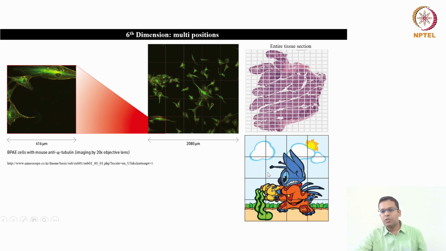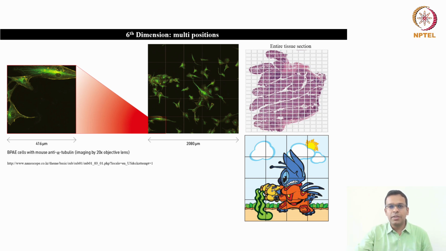This is like the jigsaw puzzles you must have played with, right? To see the entire image, you have to arrange the pieces in the proper way so that you can see the entire picture. Same thing: let's say this is the entire field you wanted to image, but under high magnification you cannot see the entire field altogether. So first you will image this small square, and then you will take this second image, and each image is a Z-stacking image, a three-dimensional and multicolor image.